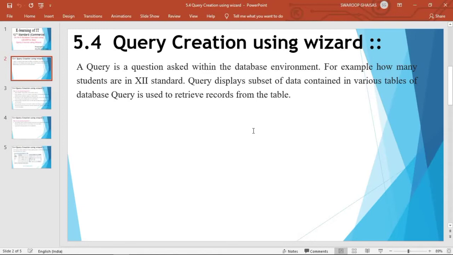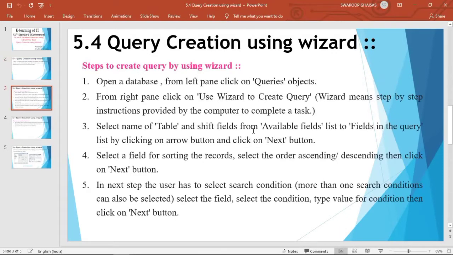If we want all data displayed from a table, we can write a query, for example, select star from table name. In this way we will get all records from the table. We have already studied in 11th standard how to write queries. So today we are going to study how to create a query in LibreOffice Base using a wizard.